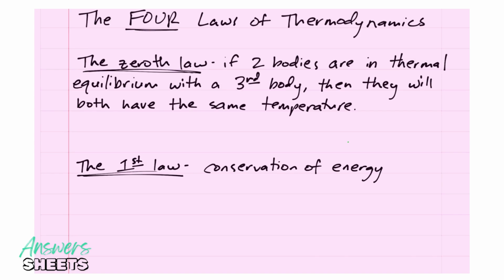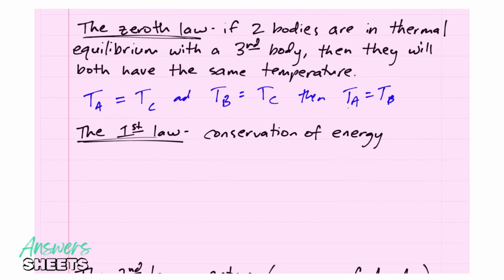They did. What it just means is that if the temperature of fluid A is equal to the temperature of fluid C, and if B is also equal to the temperature of fluid C, then the temperature of A would be equal to the temperature of B. Makes perfect sense. A little bit obvious. But that is the zeroth law. So we can take a third to measure things, and if two things are equal to the third, then those two things are equal to each other.